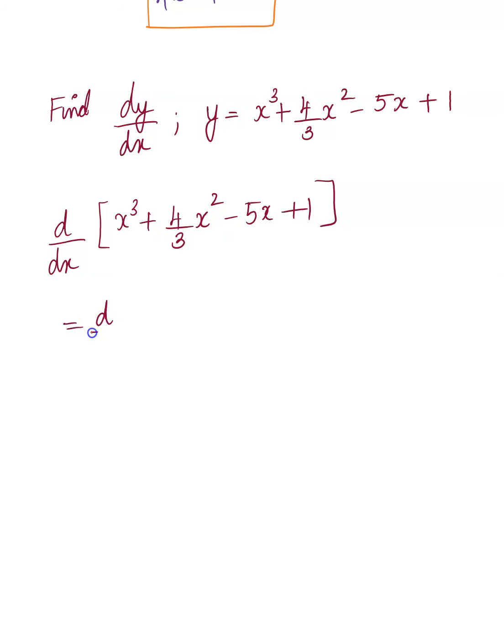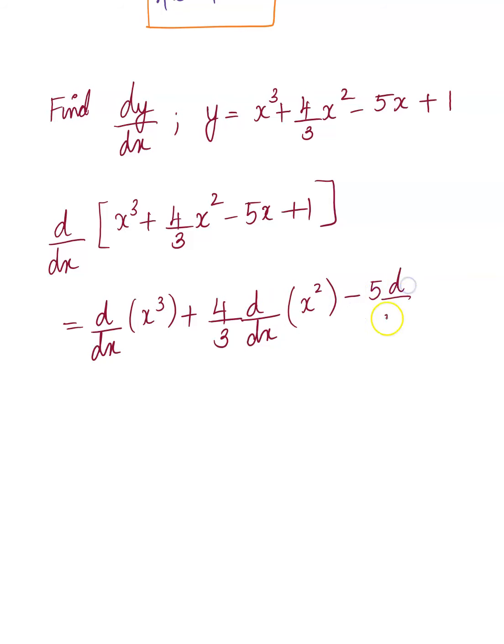So I want to use the sum rule to separate them. And at the same time, just to save time, I'm going to pull out the constants and only focus on the